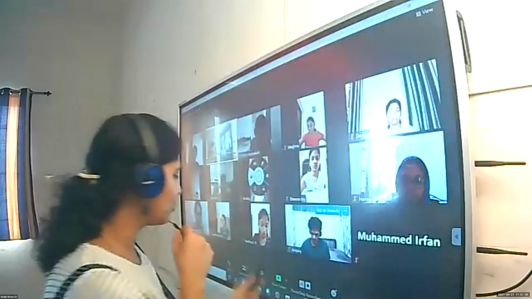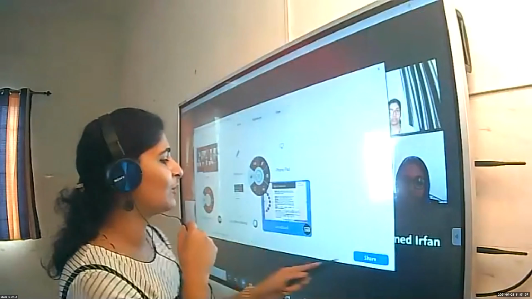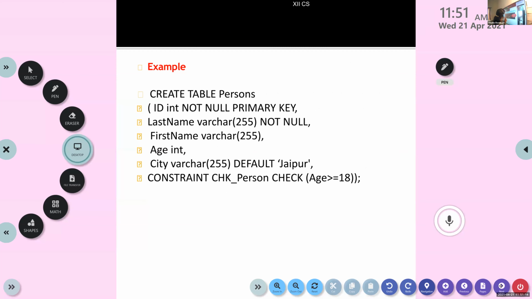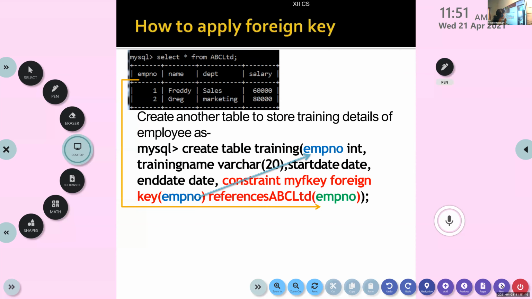So which all things can you do? You can add a column, you can modify a column, you can delete a column.